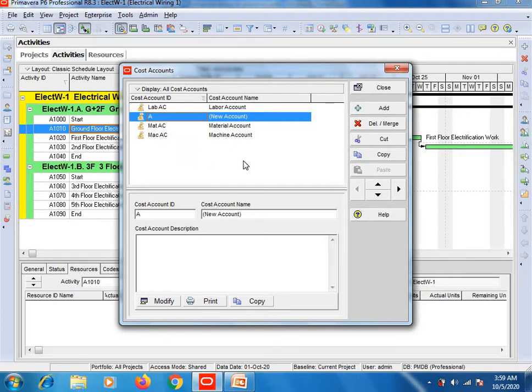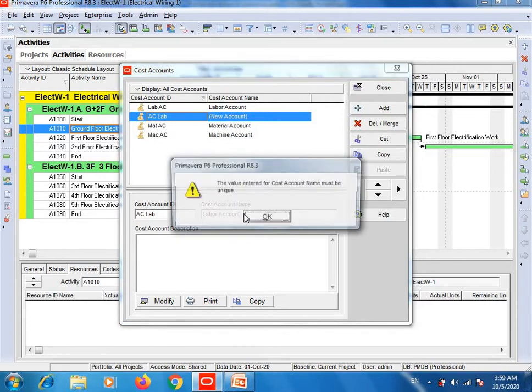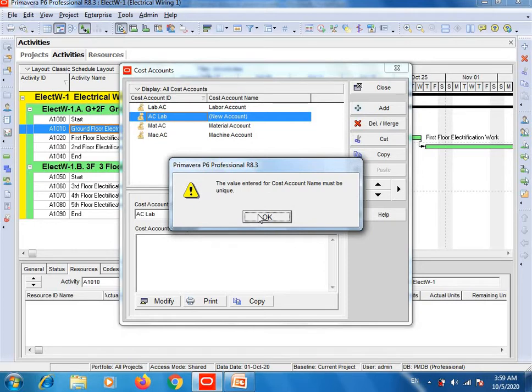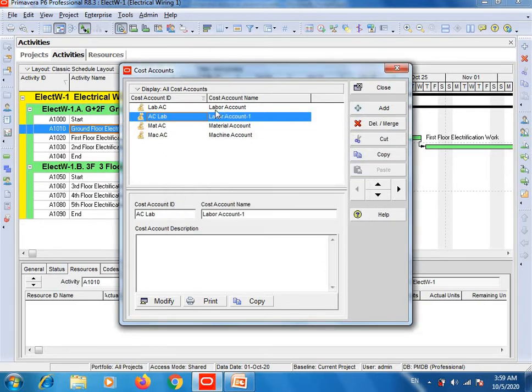So how to add this? Simply click on add. Here you can write the account ID as I did, for example AC lab, which means labor account. Press enter, but the value entered for cost account name must be unique. As I already did the entry of labor account, that's why it's giving this message.